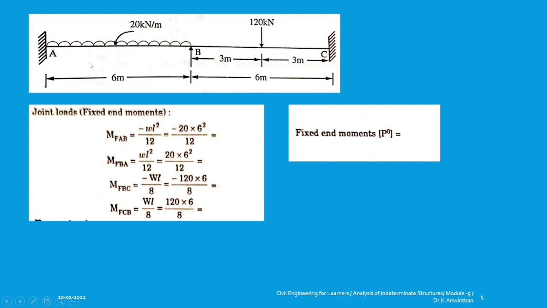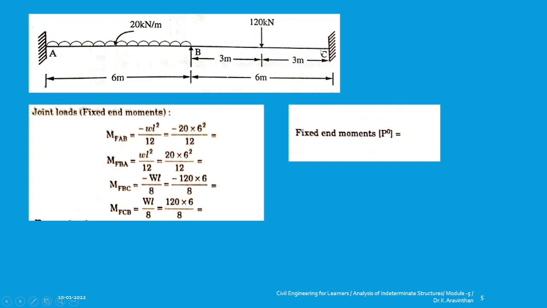You know that if a span has a uniformly distributed load, you have to consider it as a fixed end, and the formula is WL square by 12. Your W is 20, L is 6. So minus 20 into 6 square by 12. And the same way you can find MFBA,